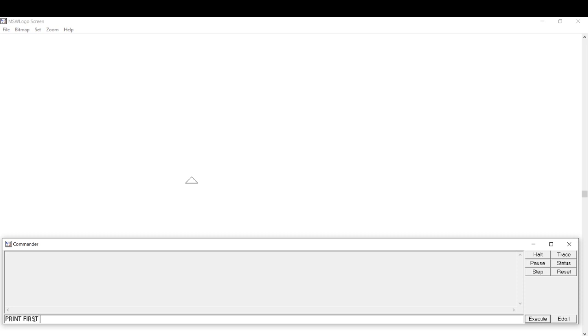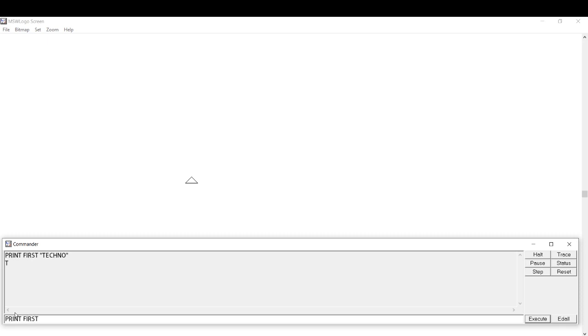Okay, suppose let me put the word in the double quote here, techno. Now you can see that I have used the word within the double quote. Now if you execute or press the enter key, you can see that it has just printed the first letter of the word techno, that is T. Okay, now let me use again the command that is print first.